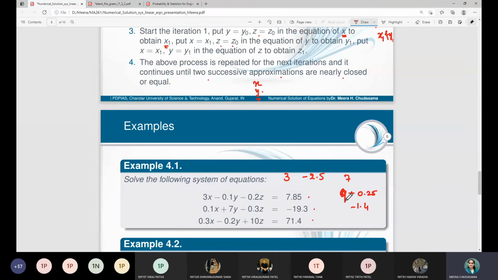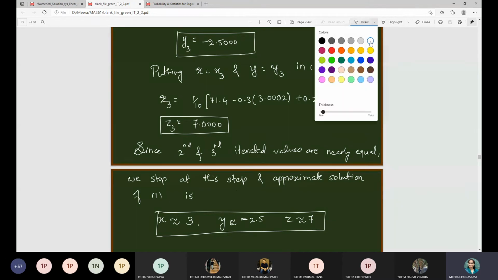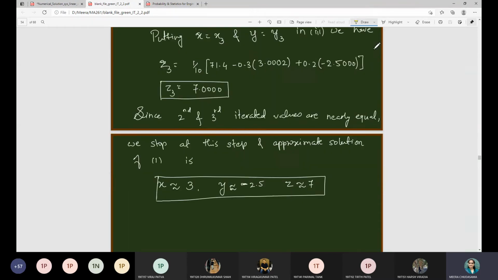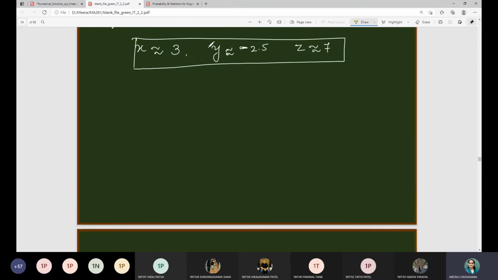Fine. So, and you can see that in the third iteration only we have the solution, right? In the previous case we have to go up to fifth iteration, fourth iteration in the example we have seen, whereas in this one you are getting fastest route to the system as compared to the Gauss-Jacobi method, right? Let me give you now one example which you are going to solve. None of the equation will be solved by me in this case. Entire equation will be solved by yourself so that you can have the confidence about this.